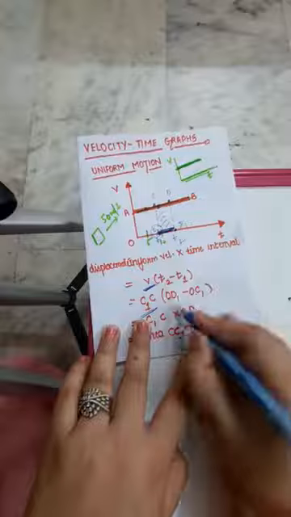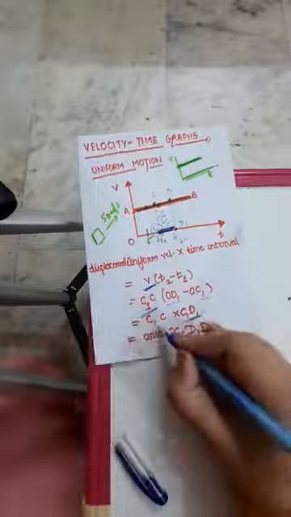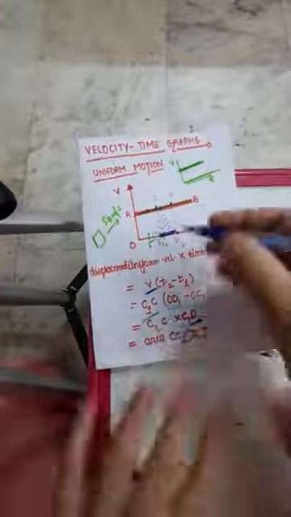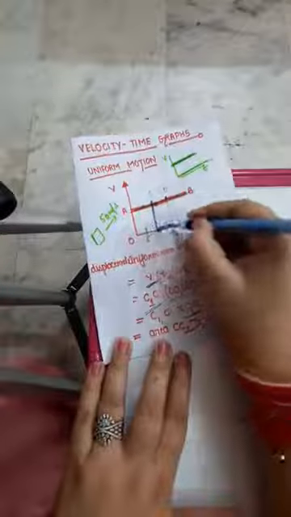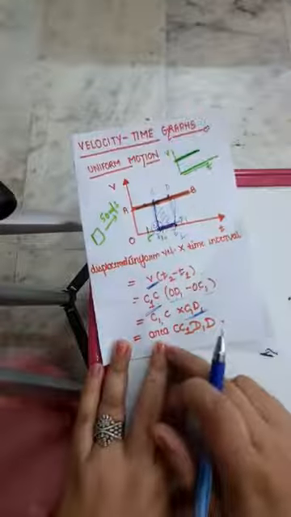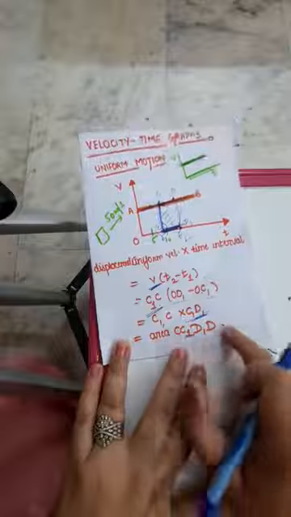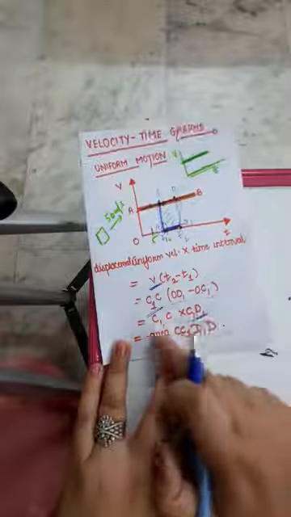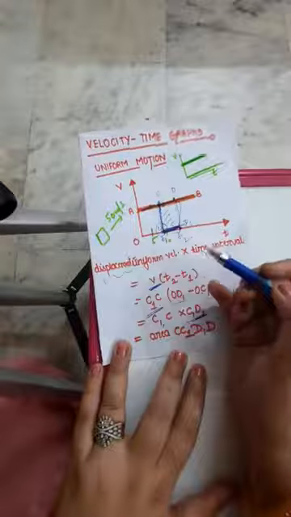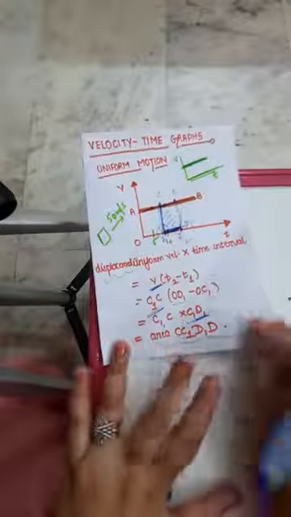So this is C1D1 and this is C1C. But if you closely see this, C1C multiplied by C1D1, don't you think that this is the area of this rectangle? Of course, yes, the area of CC1D1D. So this is equal to area. We were finding displacement, but eventually it is coming out to be equal to area.